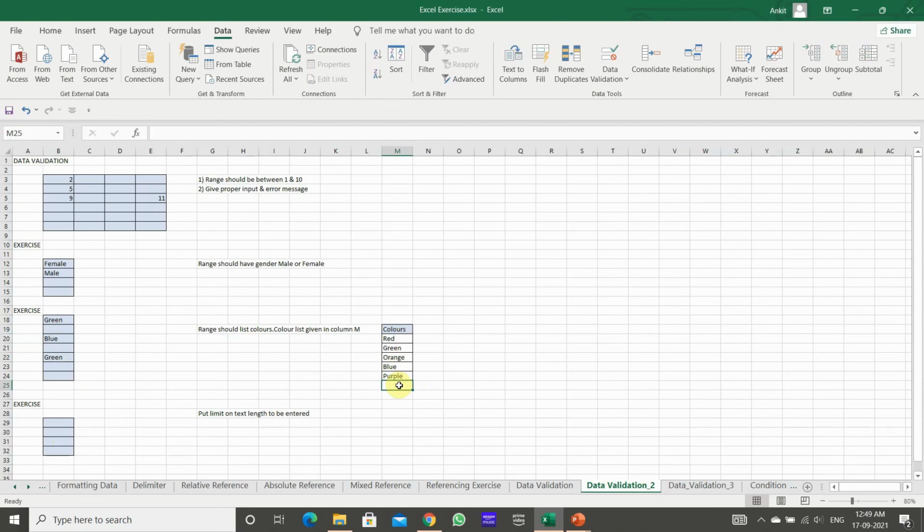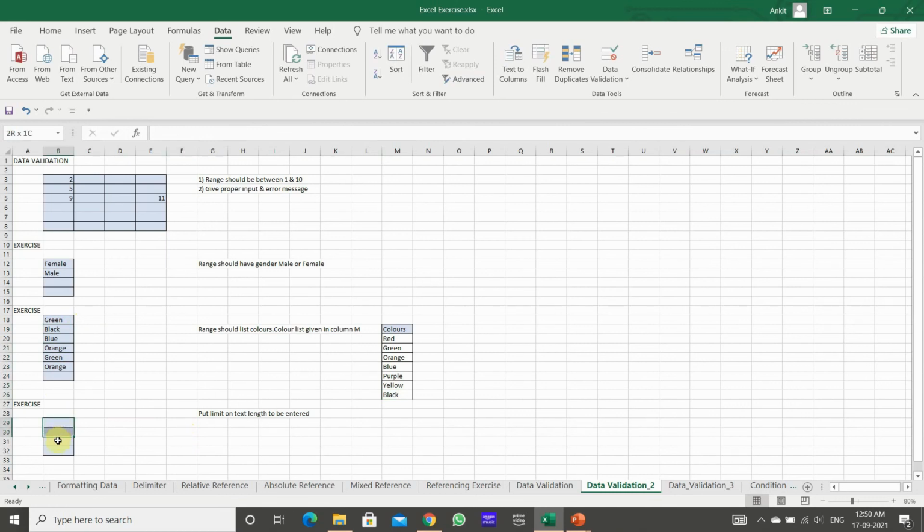Like I want to add yellow here, so it will also appear in this drop down list. See, yellow has appeared. If I add black here, black will also appear. Okay, understood? So this is why data validation is very useful.